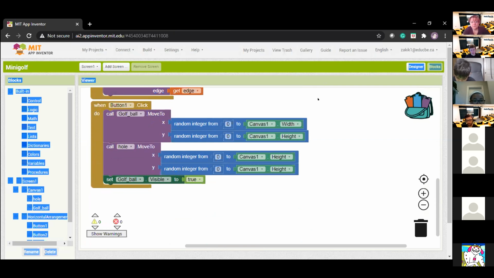So Zaki, yeah, you were close. You managed to get them both reset, moving somewhere else, and the visibility. But I think you missed the score part. So you have to set score to 0, and then you have to update the score. Wait, can you show us? Can you show your